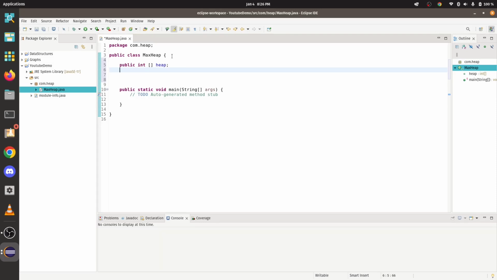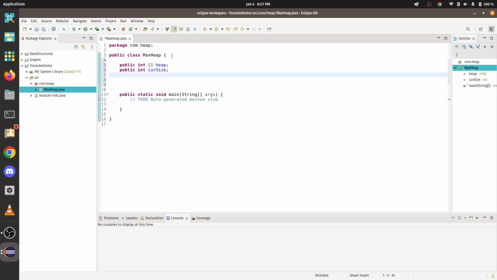So let's say the size, or let's say the index of the heap. So let's say if you insert something in 2, the size, or the cur size variable, will be 3. All right, so we're going to call this one here public int cur size, and then we're going to call this one public int